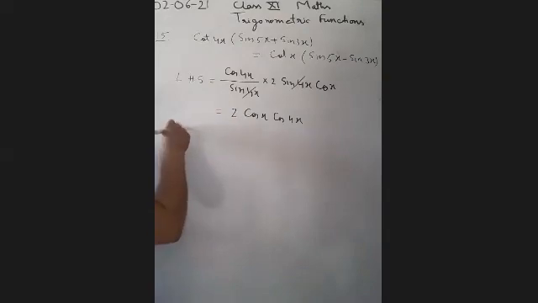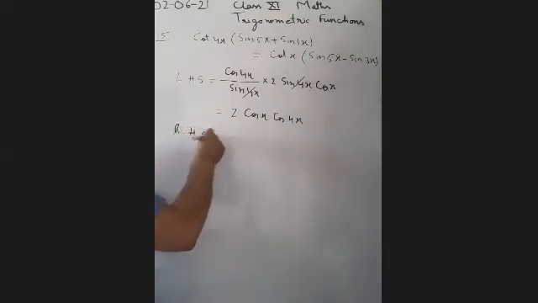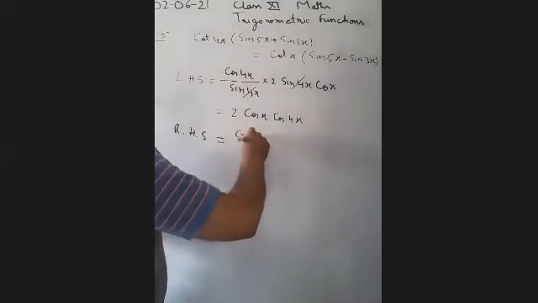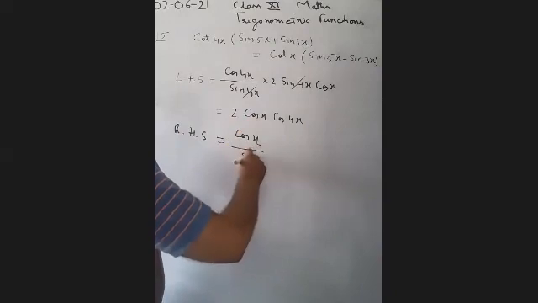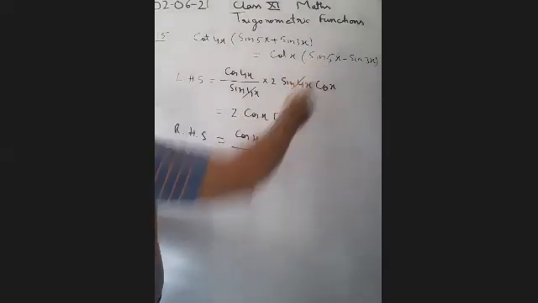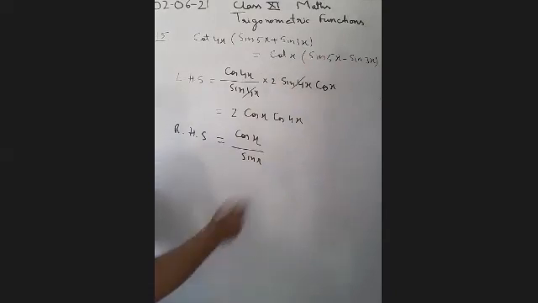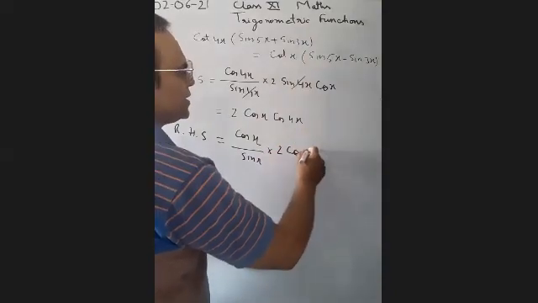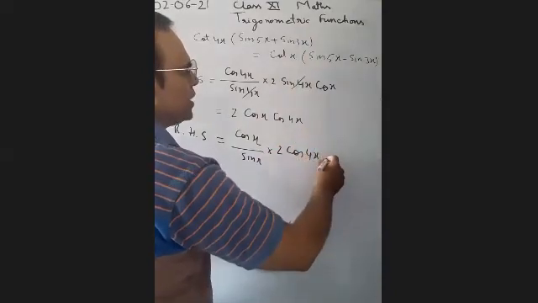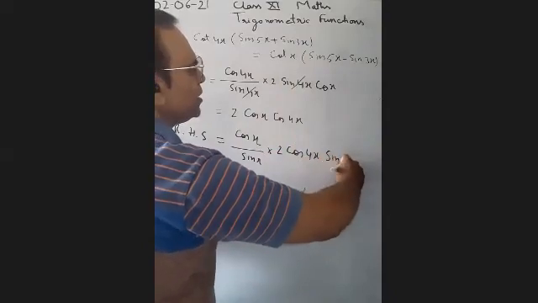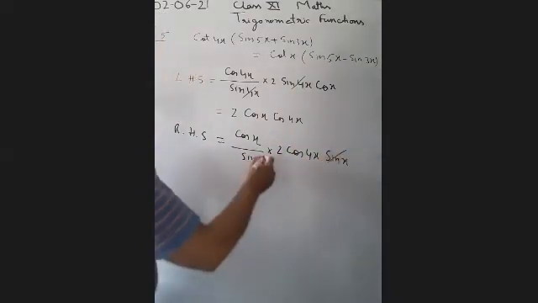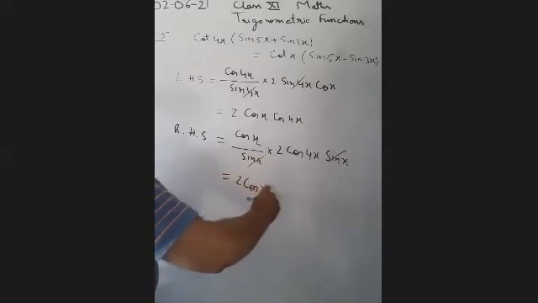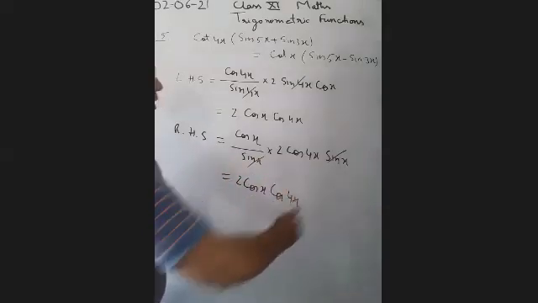If we take the right hand side, it will be equal to cot x, meaning cos x upon sin x. Sin C minus sin D is equal to 2 cos (C plus D) by 2, that is 8x divided by 2, 4x, and sin (C minus D) upon 2. So you can cancel this one, sin x. So 2 cos x, it is also the same as the left hand side.